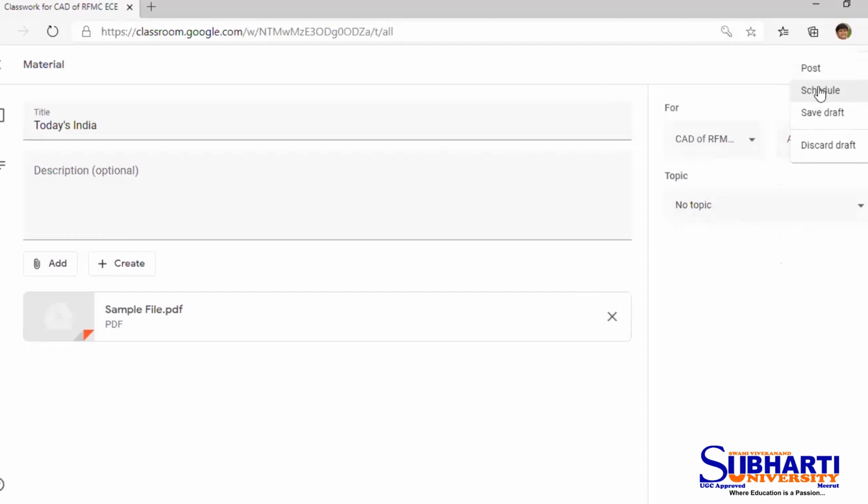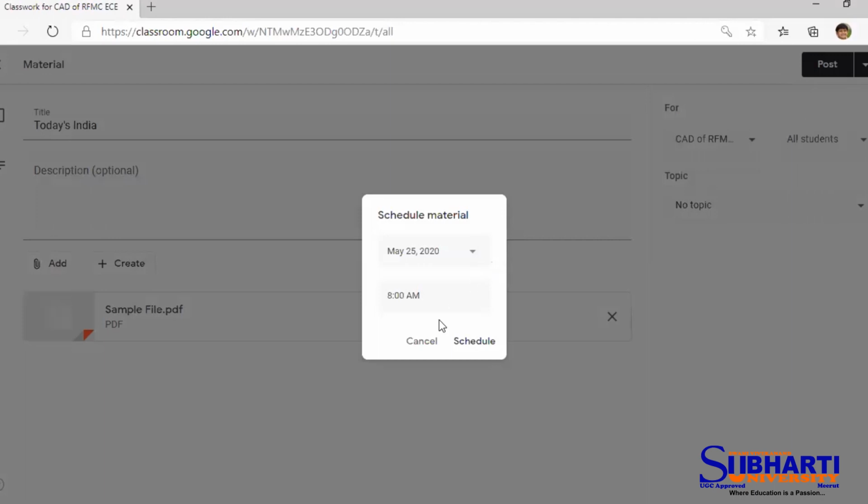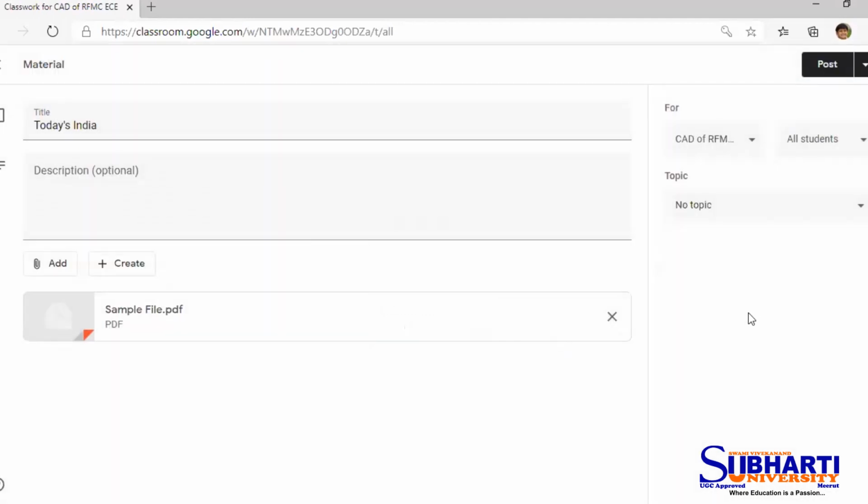However, there are also options like a schedule option. If I click on the schedule option, it will give me an option that although I've created the post right now, I have an option to schedule it at a later stage. This is very useful if you are able to upload it one by one on different days as per the teaching plan, but you have all the materials available with you at one go in your desktop or computer. And if you want to update the post at a later stage, there is also an option of draft. So these are some of the options if we want to post the material section.